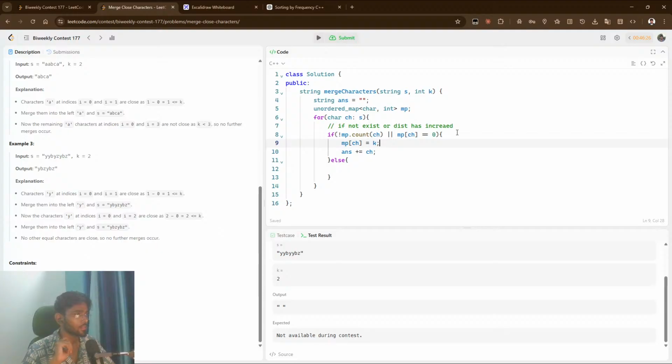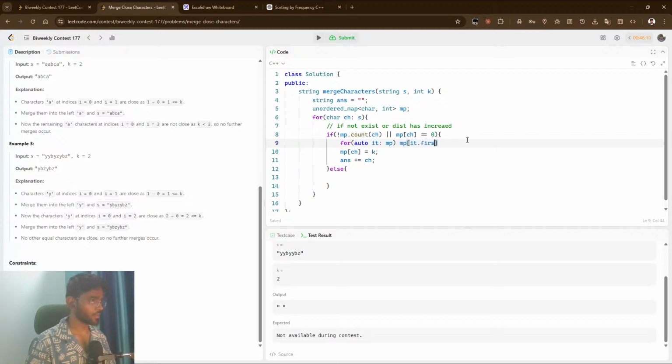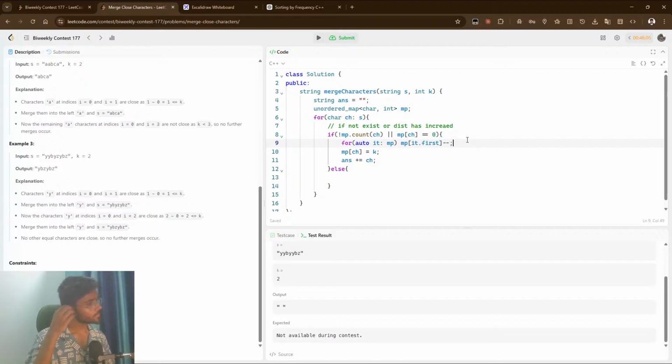ठीक है। देन फॉर ऑटो इट, मैप ऑफ इट डॉट फर्स्ट, माइनस माइनस, जिनका भी फ्रिक्वेंसी है, सबका कम कर दो।